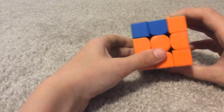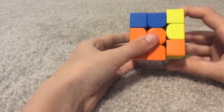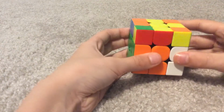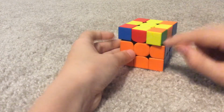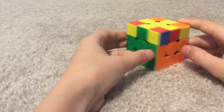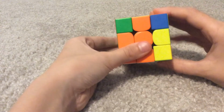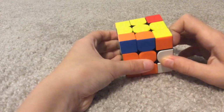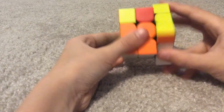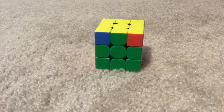R, U, R prime, U, R, U2. Yeah, and then that should get you the cross. And then you line it up with this one that goes to your right. Go R, U, R prime, U. Do that move again. R, U, R prime, U, R, U2. And done. Guys, you are on the very last